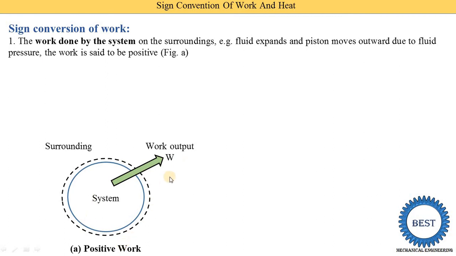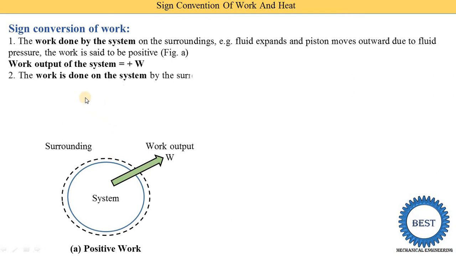Generally, positive work is given by an IC engine, meaning we use it in a bike and car. In a bike and car we supply petrol, diesel or gas, meaning we supply heat energy, because this fuel is combusted in the IC engine and it produces some work. Our tire is rotated, and it is called work done. So it is called positive work. But in some components, there is negative work, when we supply work to the system. So now we understand when the work is negative. Work output of the system is considered as positive work, and examples are the IC engine and the turbine, which give some work done.